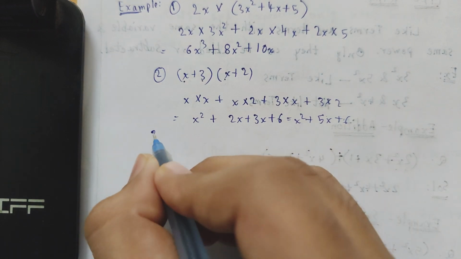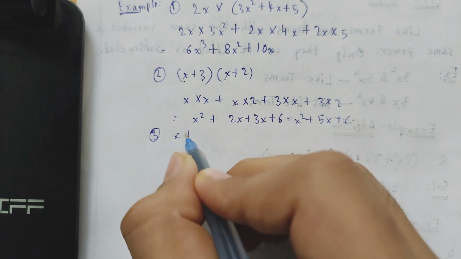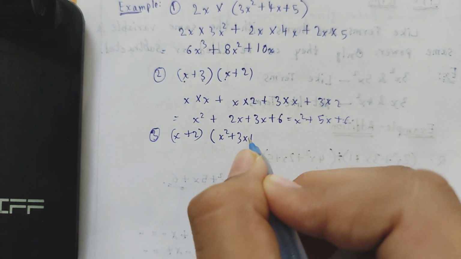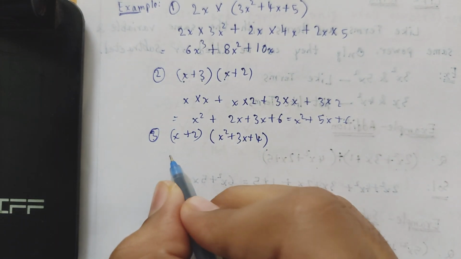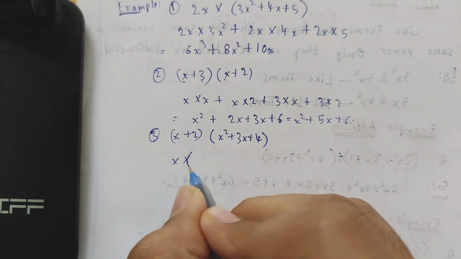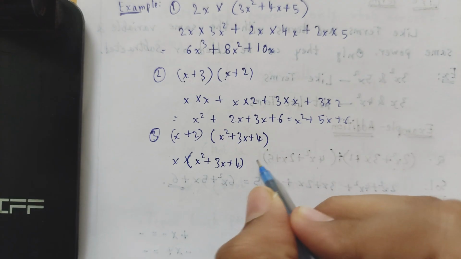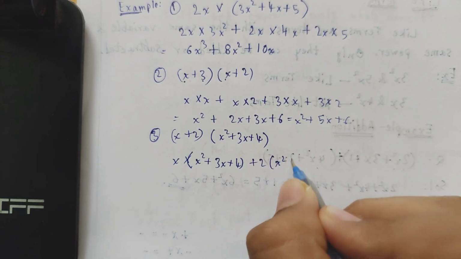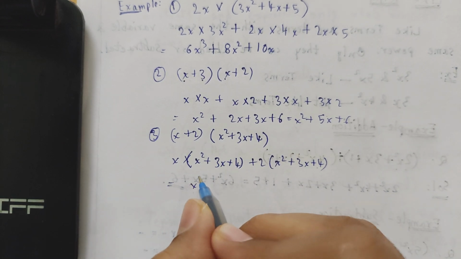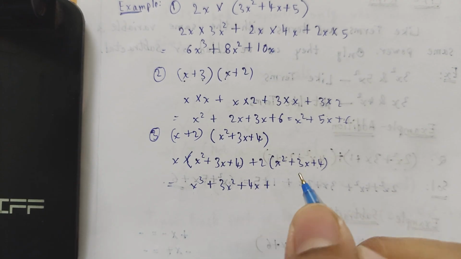And now we're going to move into example 3. Binomial into trinomial, which is x plus 2 into x squared plus 3x plus 4. The steps are x into x squared plus 3x plus 4 plus 2 into x squared plus 3x plus 4, which gives us x cubed plus 3x squared plus 4x plus